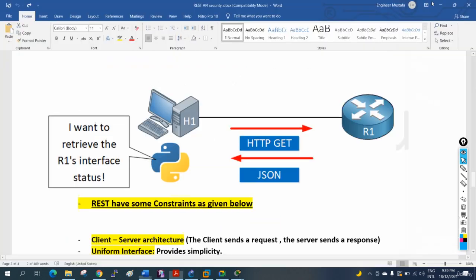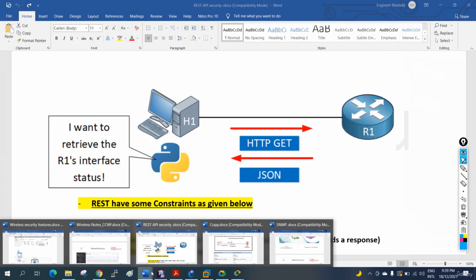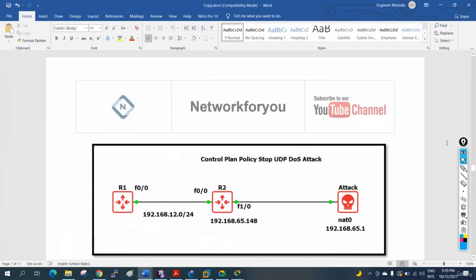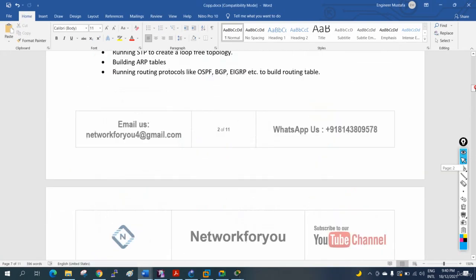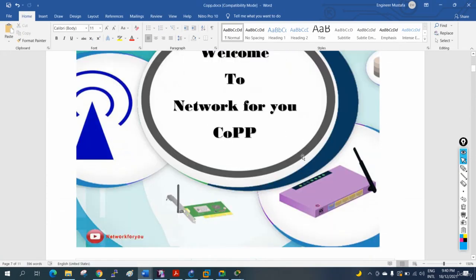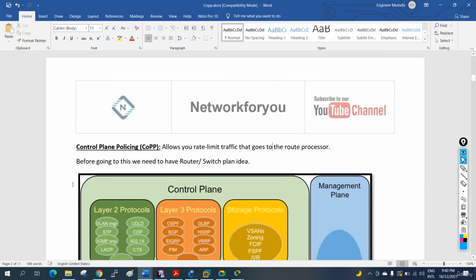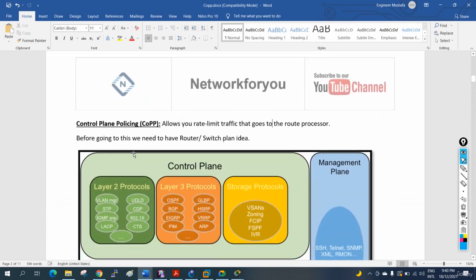Okay, so now let me show my notes. This one, let me show you. So this is COPP, and if you see, control plane policy, COPP meaning is control plane policy. It allows your rate limit, for example, if you see in any organization, if you